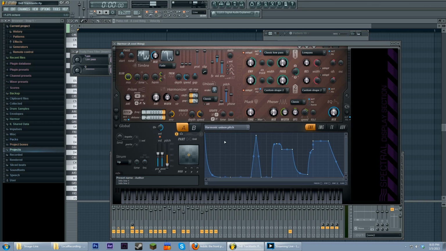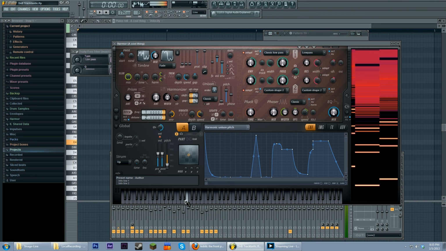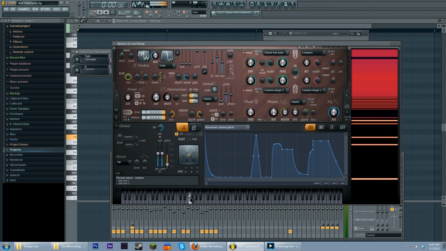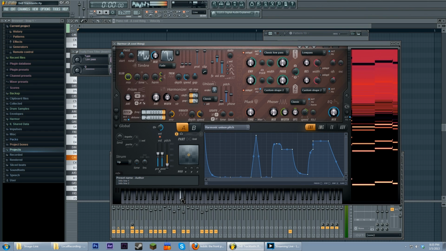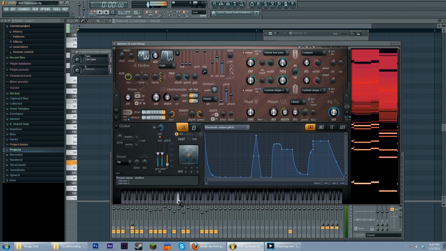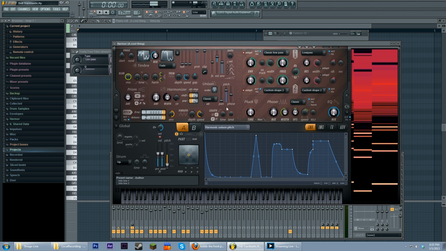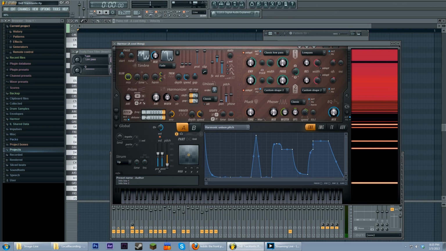But put a huge value on that, and then we can use the pitch slider here to change how fast the speed of the modulation is. But you note that no matter how fast it is or how high the pitch value is, the fundamental tone is still the right